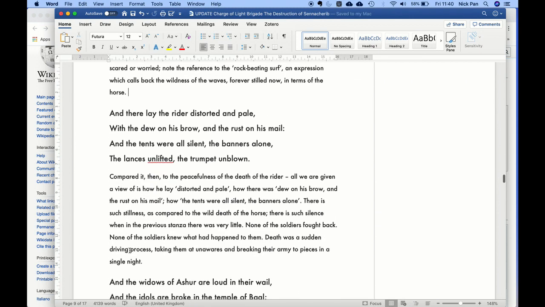And there lay the rider distorted and pale, with the dew on his brow and the rust on his mail, and the tents were all silent, the banners alone, the lances unlifted, the trumpet unblown. So